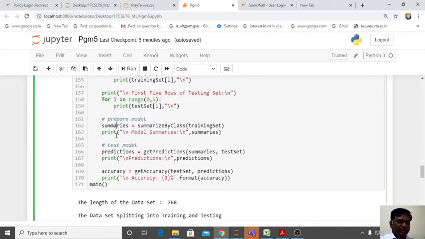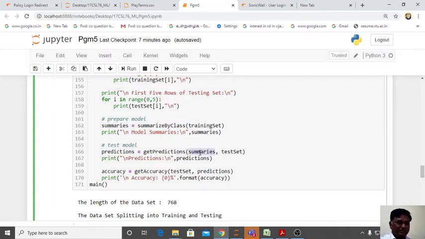These are the variables you should understand. Summaries: the entire data set is summarized based on 1 and 0. 1 means the women who have diabetes, 0 means the women who don't have diabetes. Based on that class, 1 class and 0 class, all the data are summarized. That summarized result is stored in this variable summaries.